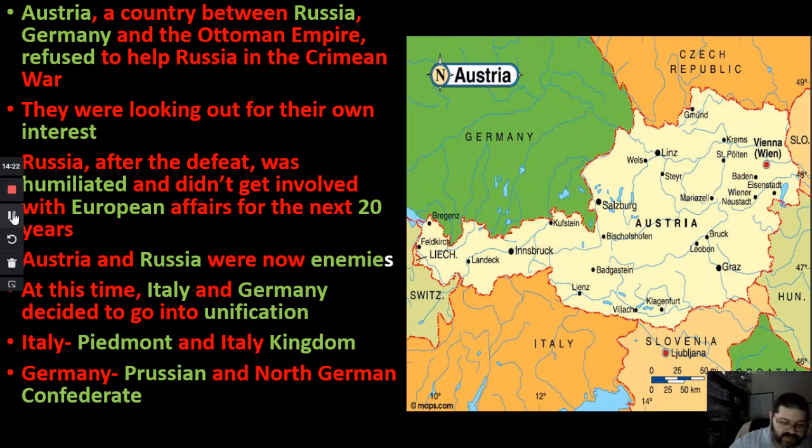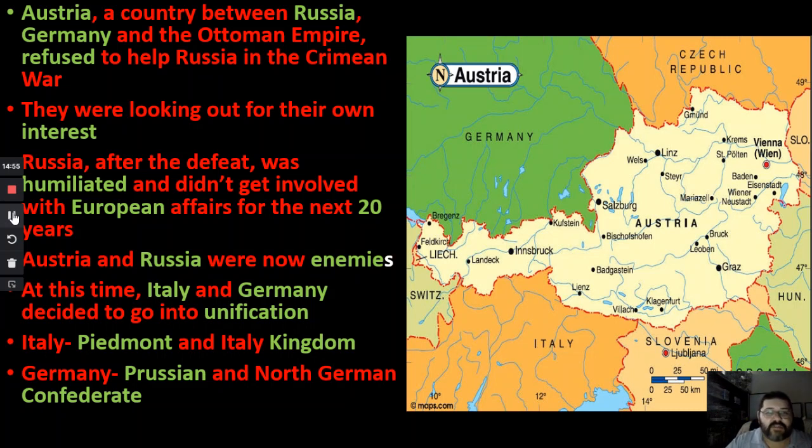Now, once the treaty was signed, Russia felt this huge humiliation. They felt like the whole world was laughing at them. And some countries were actually kind of laughing at them. So for like 20 years, they kind of stayed in their own country, took care of themselves, licked their own wounds. They kept away from anything going on with Europe. But they did say, however,